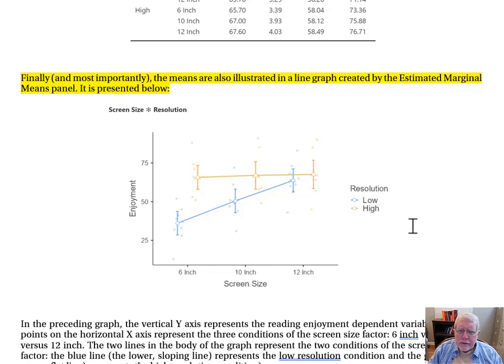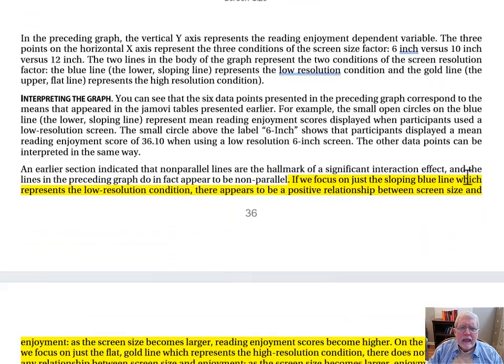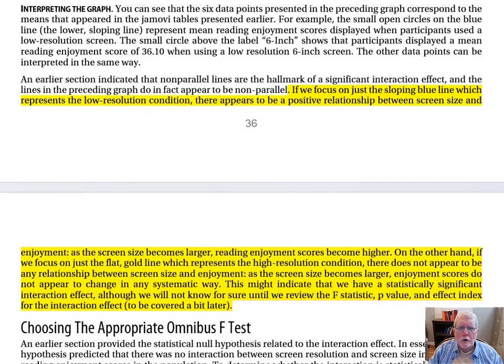The blue line represents the scores obtained when people use the low resolution screen. The gold line represents the scores they displayed when they use the high resolution screen. It looks familiar. Isn't this pretty much the pattern that I had illustrated when I stated my research hypothesis a minute ago? If we focus on just the sloping blue line, which represents the low resolution condition, there appears to